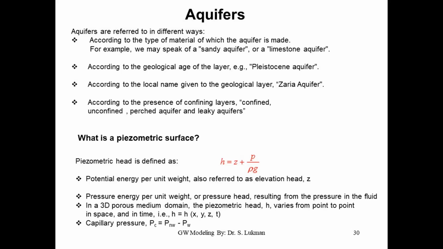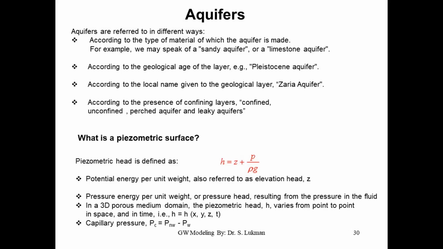Okay? We will not say much about the capillary pressure now, but when we start to talk about the contaminant transport mechanisms, we may come back and add more on the capillary pressure. Okay? That means that the capillary pressure at the saturated zone is negative. At what? At the saturated zone. Yeah, it may be negative, but then